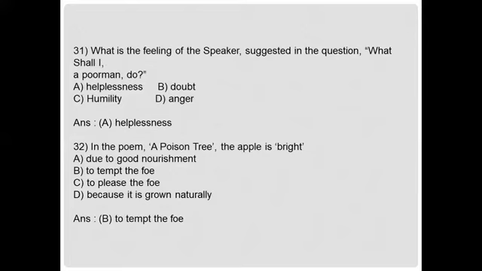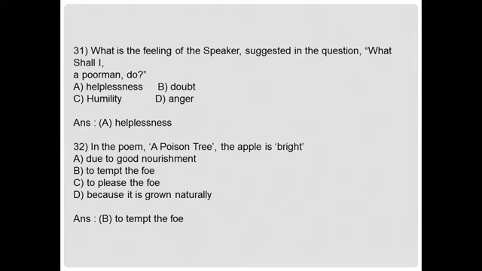Next question. What is the feeling of the speaker suggested in the question, What shall I, a poor man, do? A. Helplessness. B. Doubt. C. Humility. Or D. Anger. And the answer is option A. Helplessness. Next. In the poem, A Poison Tree, the apple is bright